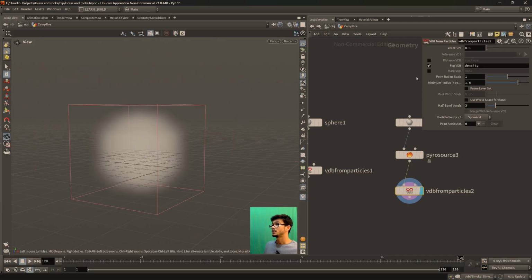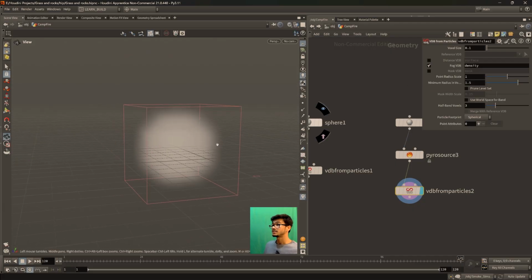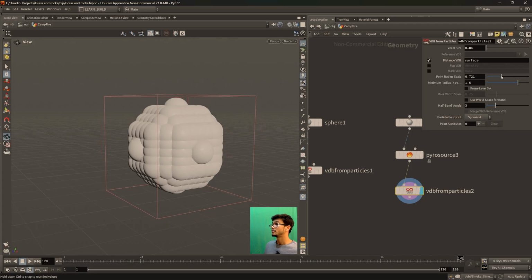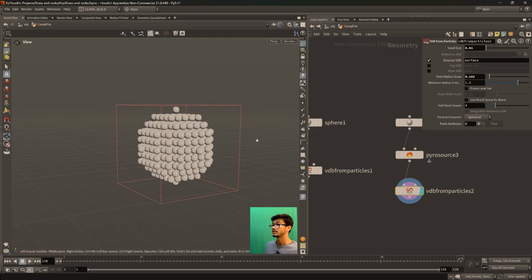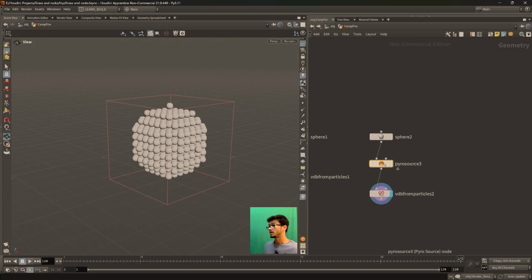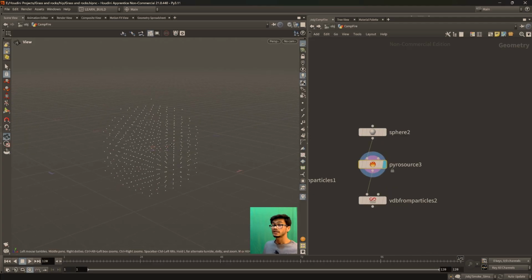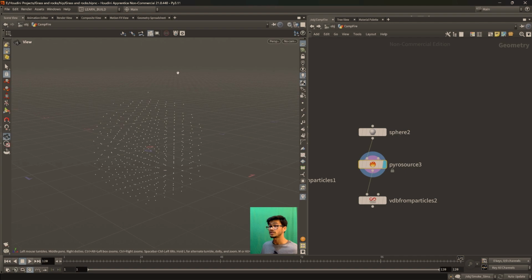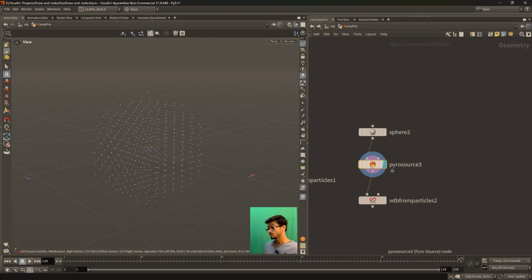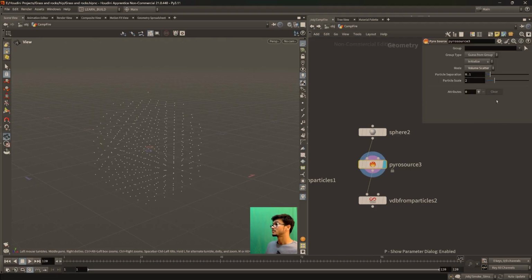Let's do the same. VDB from density. You are seeing something like this. When I decrease the voxel size, you see something like this. When I decrease the point radius scale, you see what is happening here, right? So this Pyro source is creating these points, and these points have attributes. Right now, these points only have the pscale attribute, but when you open its parameters, you see